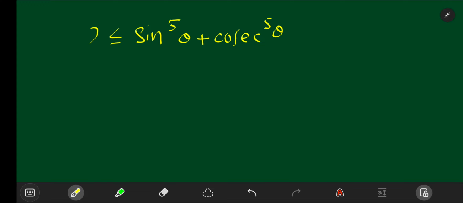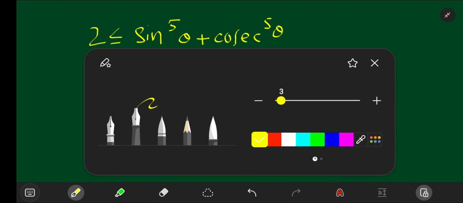Next. Sine power 5 theta plus cosec power 5 theta. Find its minimum value. Its minimum value is also 2, since sin theta and its reciprocal only are there, no? So its minimum value is also 2, irrespective of, write this statement,